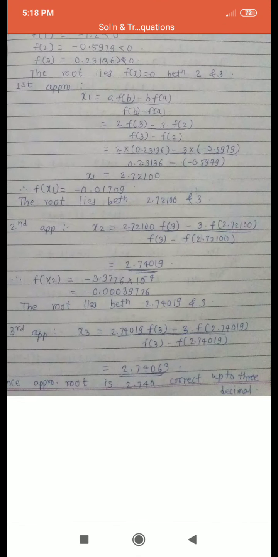Okay, this is our first example. More than half of the process is the same in both the methods. Okay,